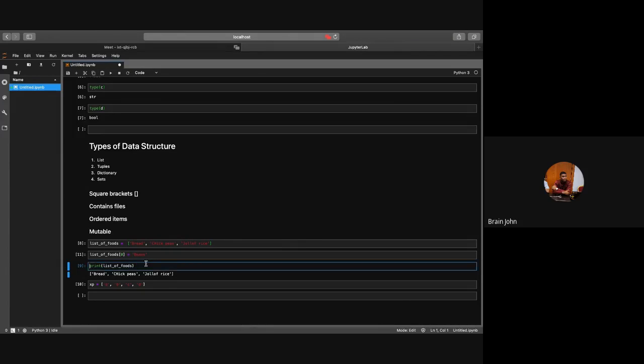If we print our list now, we'll see that it has changed from bread to beans. And you see that to actually change the values in a list, that's when the mutability comes into place. The chickpea is still here, the jollof rice is still here, but we have changed the value of bread. So let's imagine we want to change